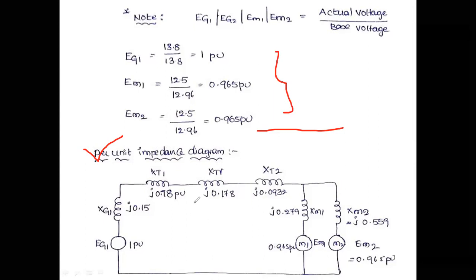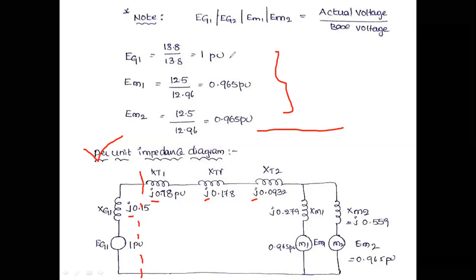So the final step is you are asked to draw the per unit impedance diagram for the given single line diagram. Now see here, the first one is the generator section. We are simply replacing the symbols with the equivalent circuits. The generator is replaced with the voltage source in series with the reactance. Please see here, for every reactance I have written J. This is very, very important. Just now these 1.965 or 0.28, whatever it may be, all the reactances are expressed in terms of percentages or per unit.